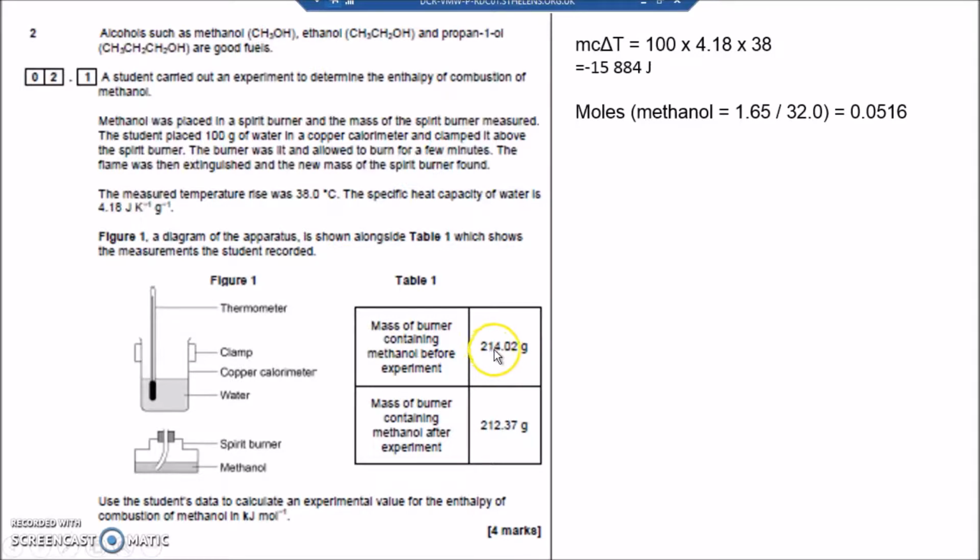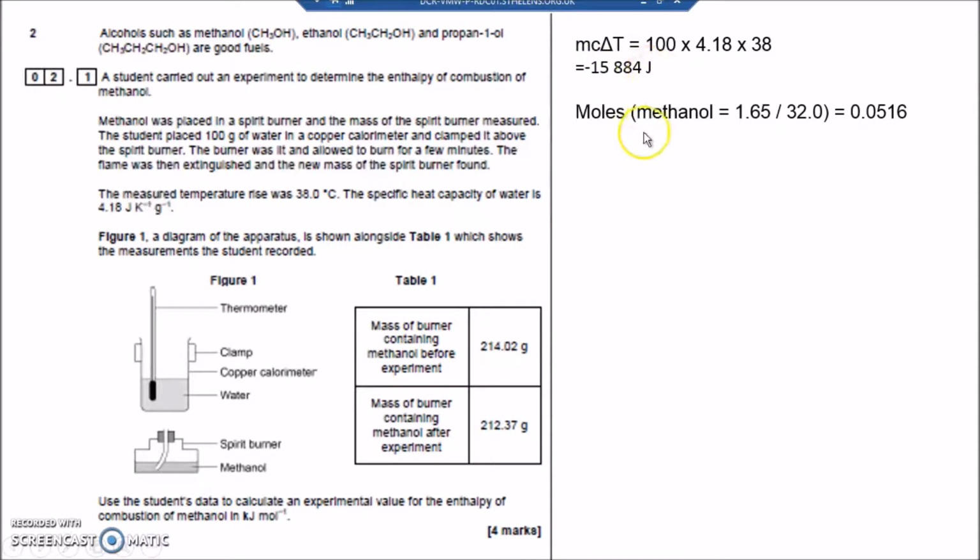So the mass of methanol, by taking 214.02, taking away 212.37, I've worked out that I've got 1.65 grams of methanol burnt. I know that methanol is CH3OH, that's a 14, add 3 ones, add a 16, add a 1, so it's got a relative formula mass of 32, and moles is mass divided by relative formula mass. I've got 0.0516 moles of methanol. So 0.0516 moles of methanol gives out